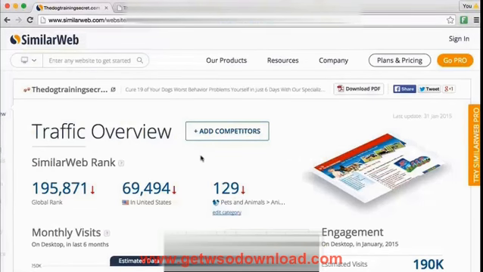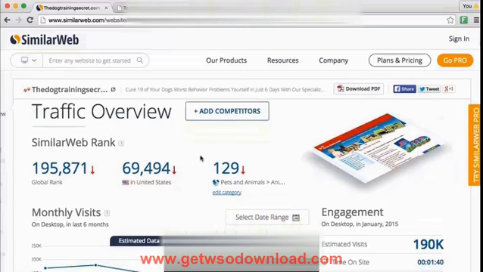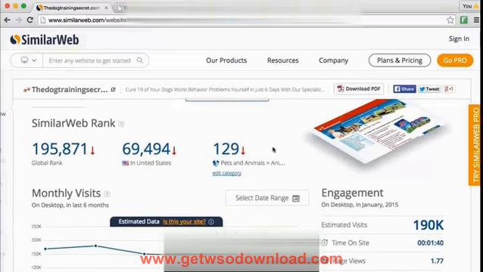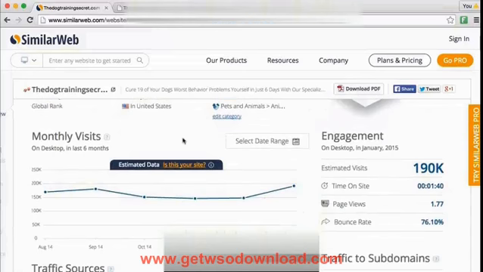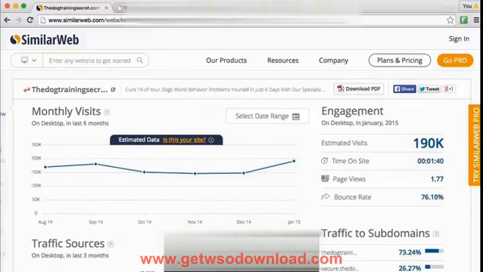So we type this into SimilarWeb, and what we see are some basic numbers. The global rank, we can see monthly visits during the last 6 months. So we can see the estimated visits in January 2015 are 190,000. So 190,000 uniques most likely. So that's a lot of visitors. And we can see how the traffic has trended month to month. And we can see how it's spiking here going into the new year, how it's picking up. So not only can we see the activity and that he's getting a lot of visitors, but